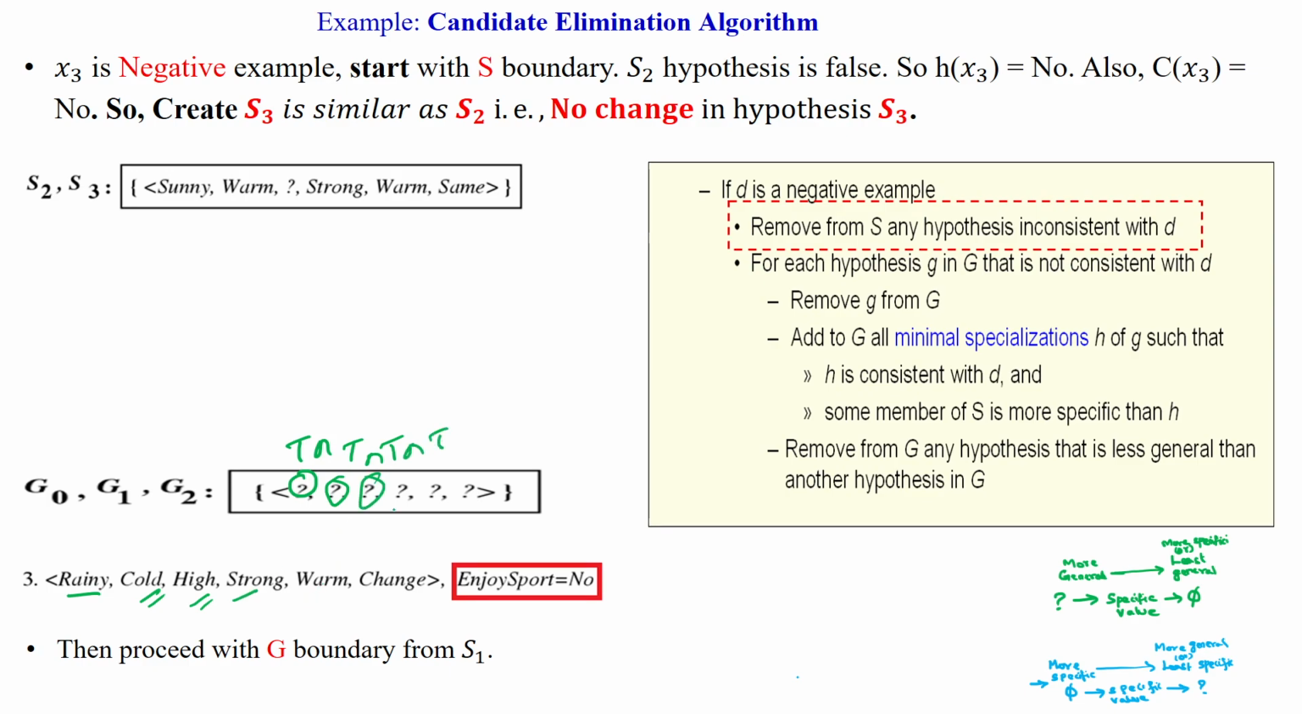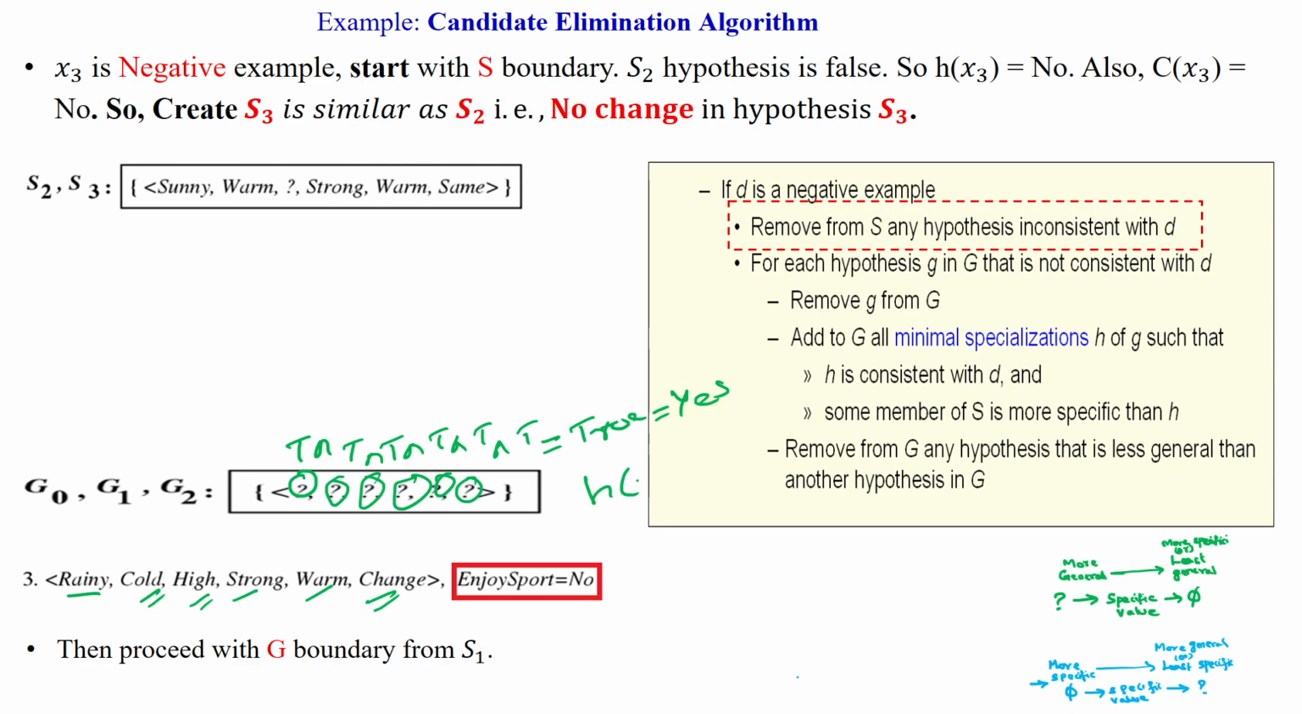And here warm, it is also accepting, true. And here it is change, so this is also accepting, true. So all are true will give you the true, which is equivalent to the yes. So h of